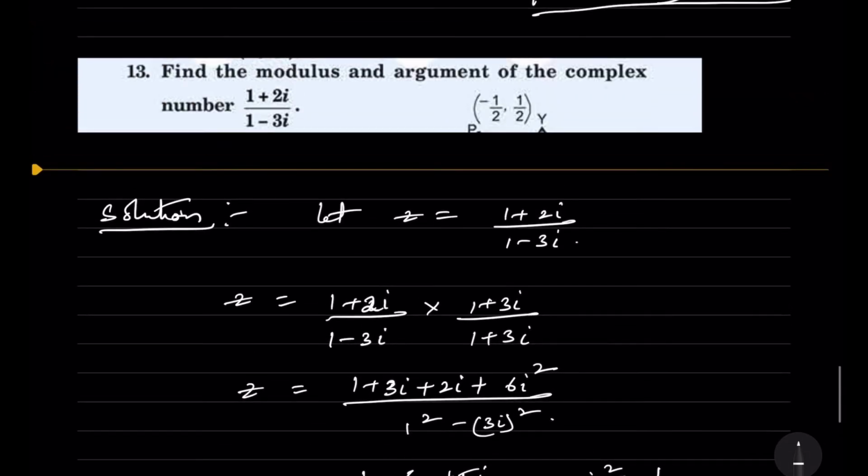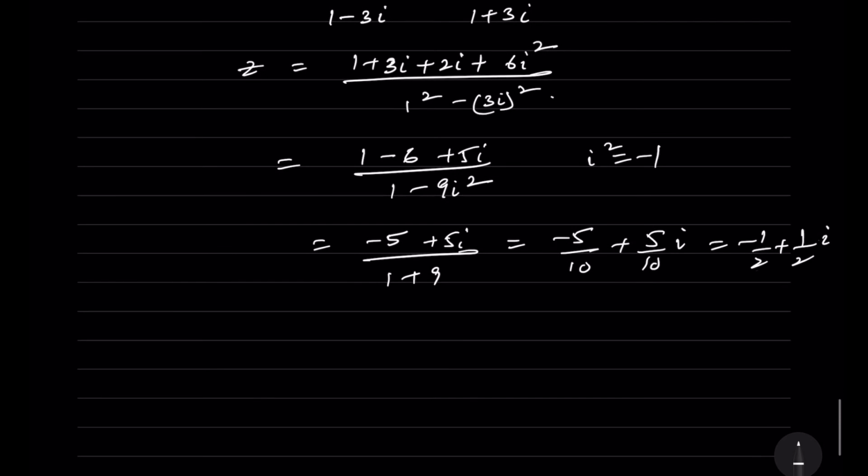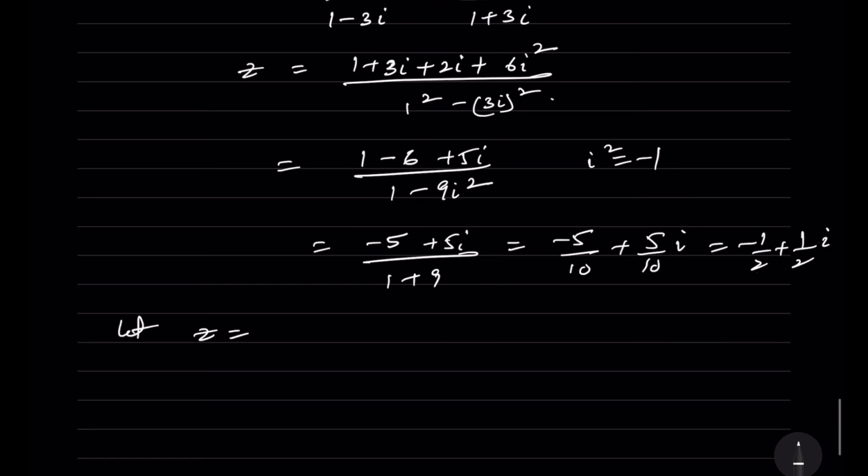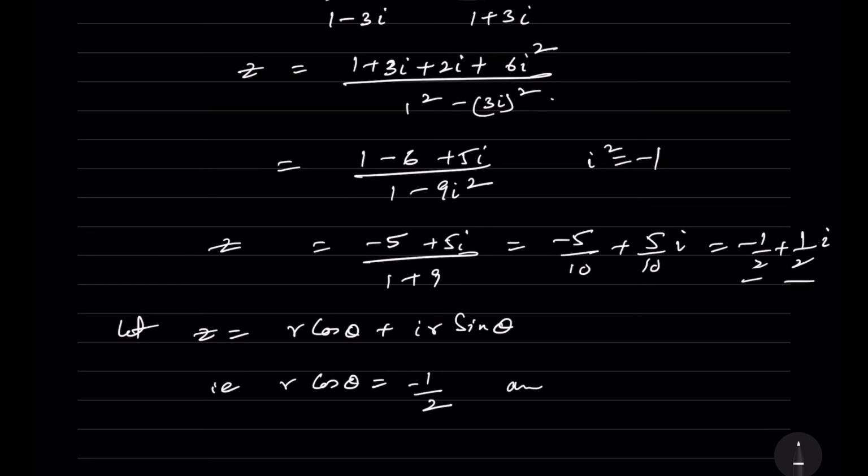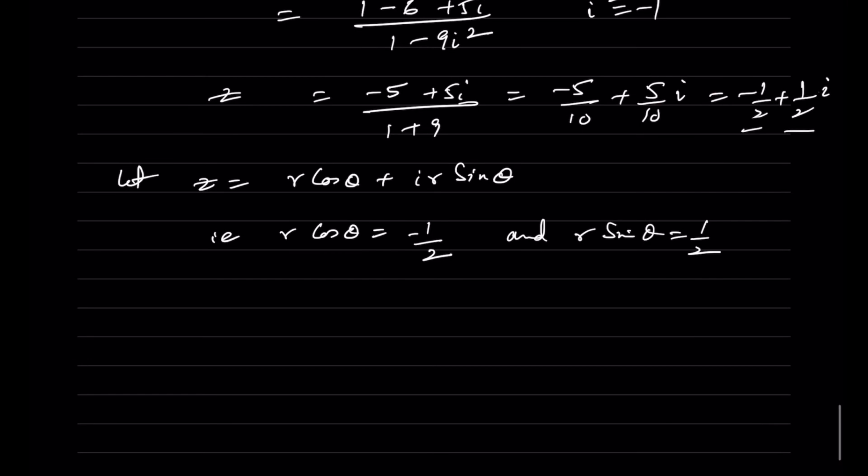Now here what we have to find out is the modulus and also the argument. So in order to find that, what will we do? Let z be equal to r cos theta plus i r sin theta. So we got r cos theta is equal to minus 1 by 2, and r sin theta is equal to 1 by 2. So now on squaring and adding,